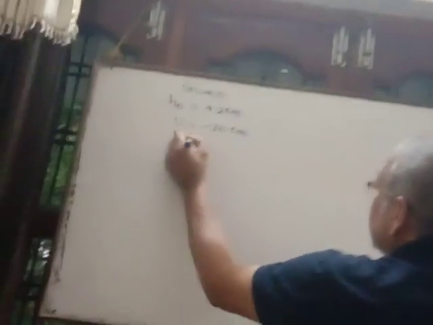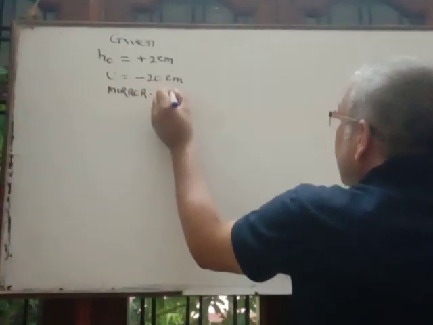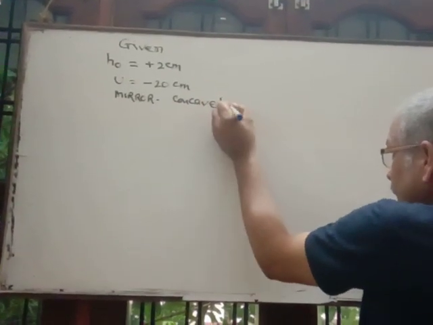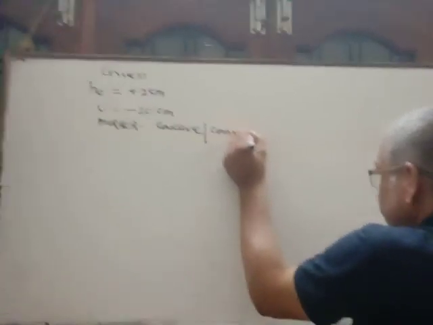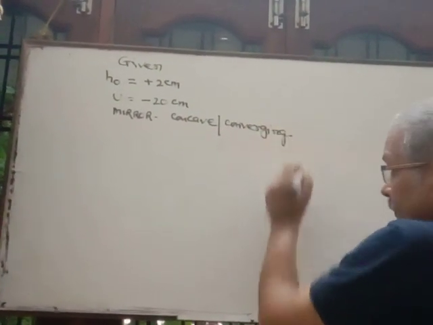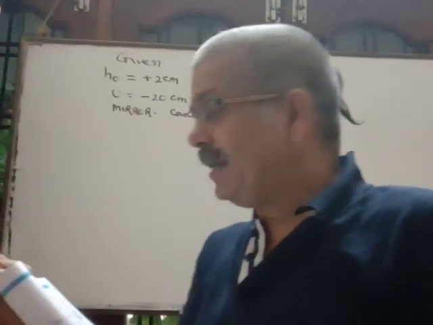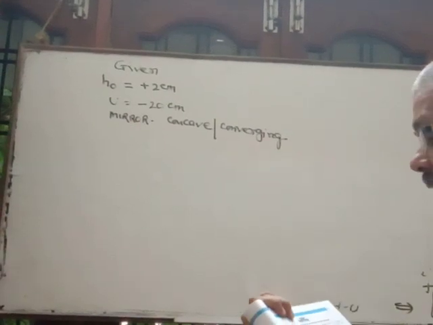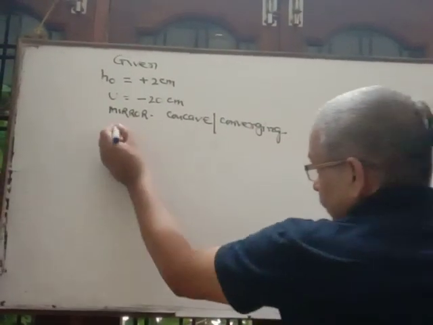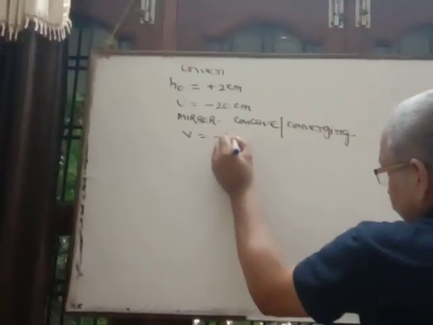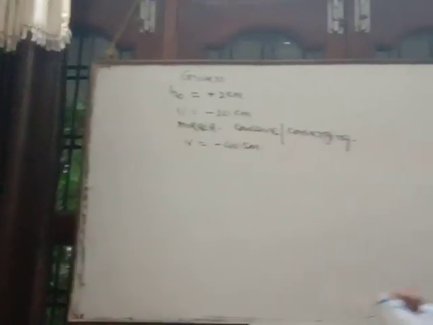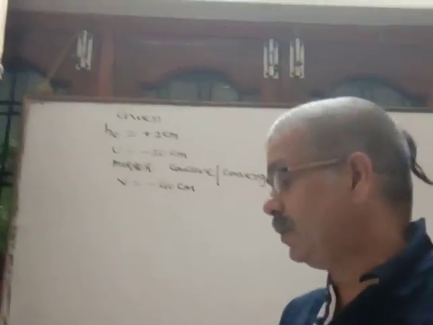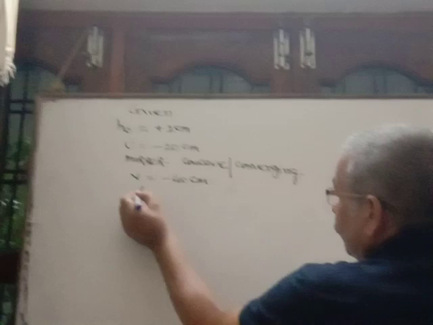The given mirror is concave. Concave is also sometimes called converging, as you know. So converging means concave itself. A real image is formed. A real image is always formed in front of the mirror at 40 centimeter from the mirror. It means minus 40, because real images are always formed in front of the mirror, so their distance is negative. Calculate the focal length of the mirror, F.